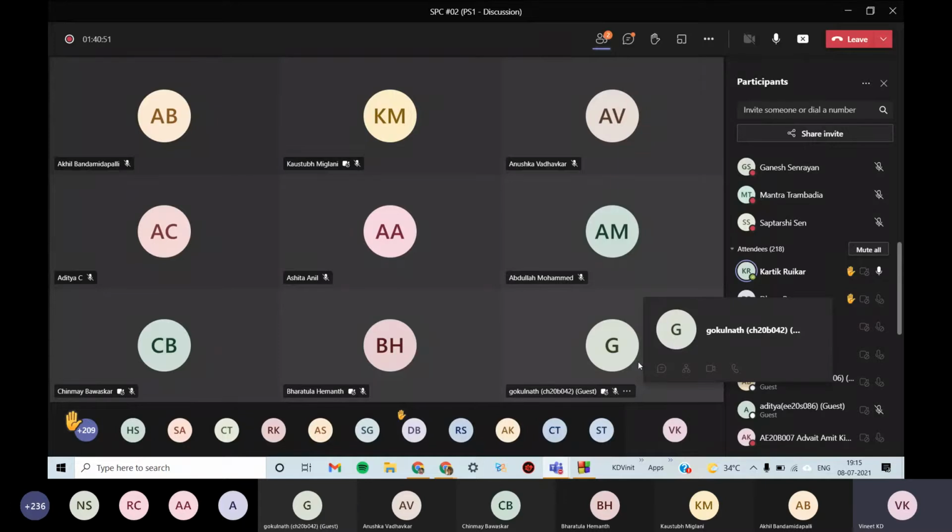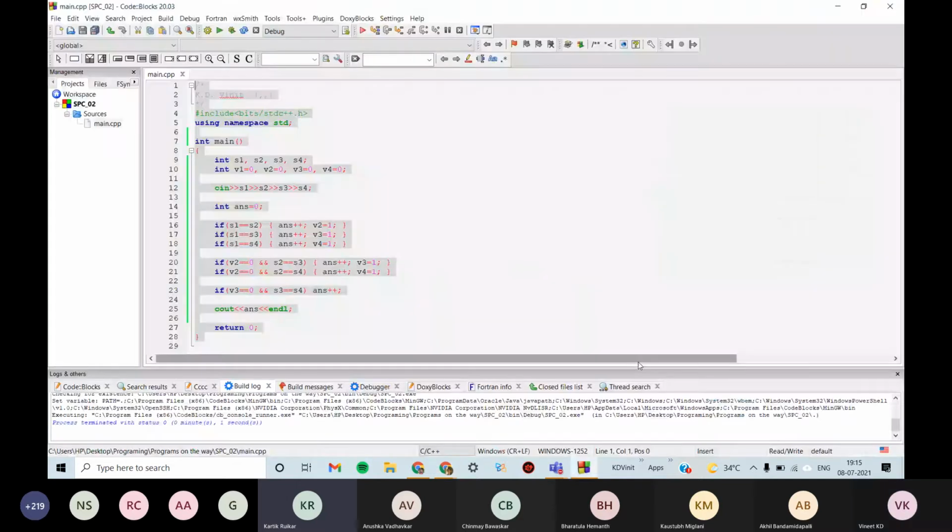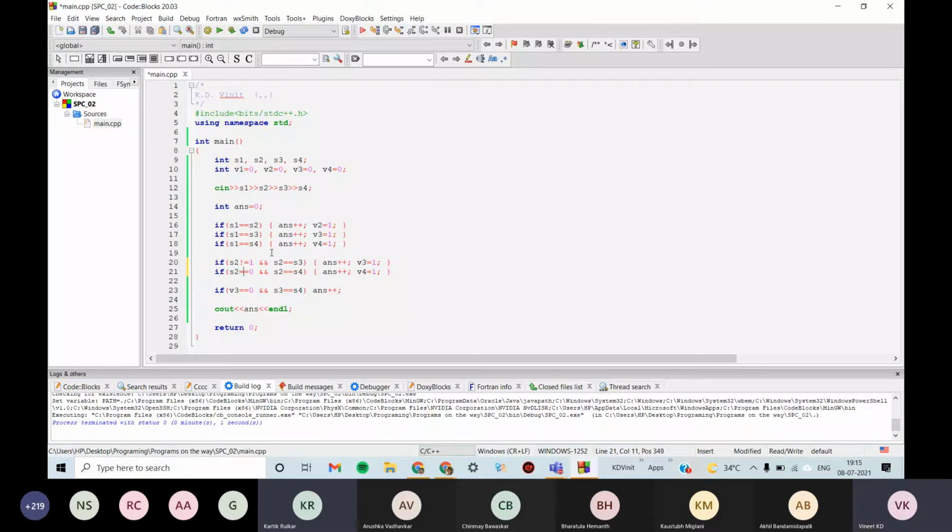In that second if else statement where we use S1, S2 equals S3 and S2 equals S4, we can nest it into another if statement which is S2 not equal to S1. In that case, it will not repeat that count. And similarly, in the last if statement, we can nest it under an if statement which says S3 not equal to S2. Avoids us using the visited thing, right? Yes. Basically, yeah.